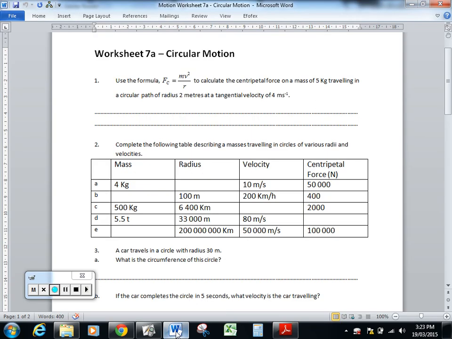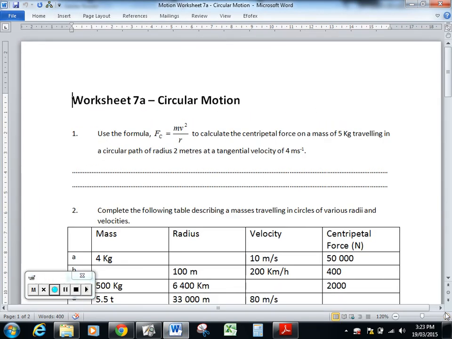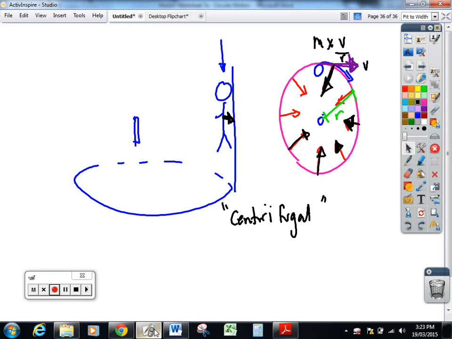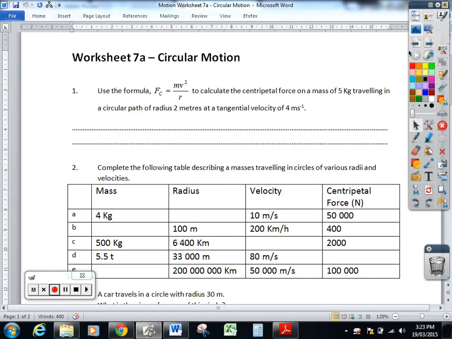This is your worksheet for circular motion here, and we're going to be using this to work. I'm going to work through some, and I'll leave you to do the majority of it, but you can pause the video and answer the questions as we go. The first one here is to use